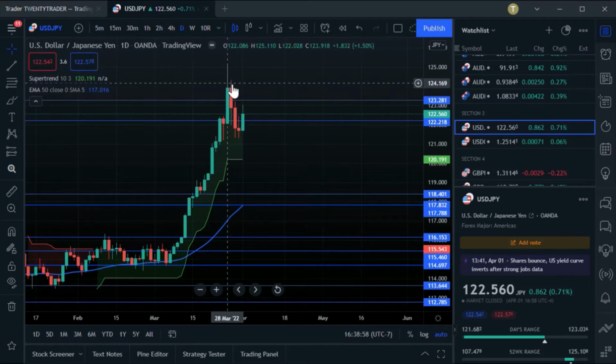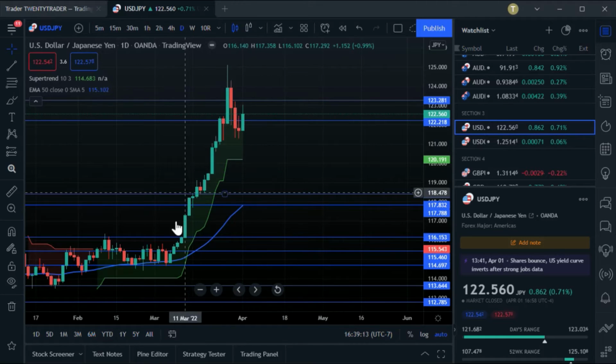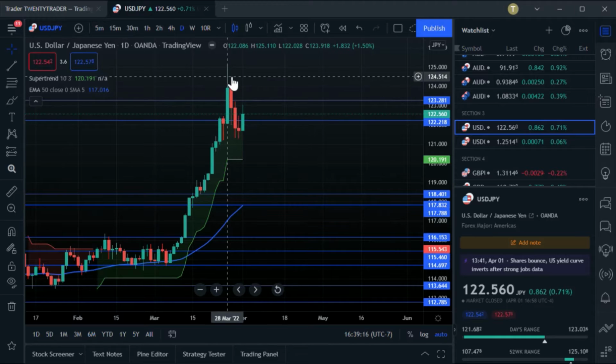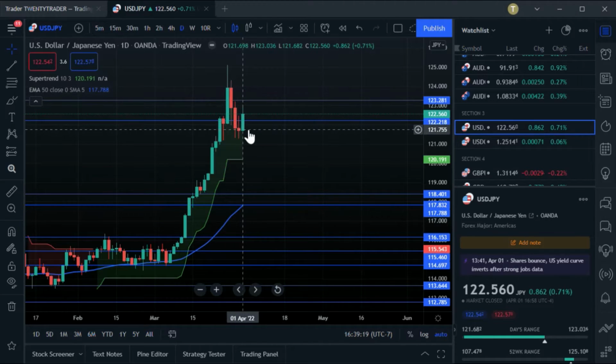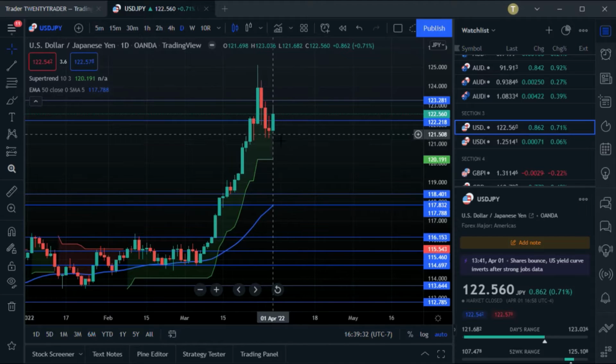And then you got this tweezer top, this big candle with a rejected candle right next to it, right? So I'm seeing that all these people are getting stopped out, and I'm going short. So this is counter trend, right? If you look at the daily chart, this is obviously an uptrend. So the daily players, this is just a retracement to them. They're like, oh, this is just a retracement, it's no big deal. So you've got to think about it that way, where the daily time frame is bullish. So be careful when you short.